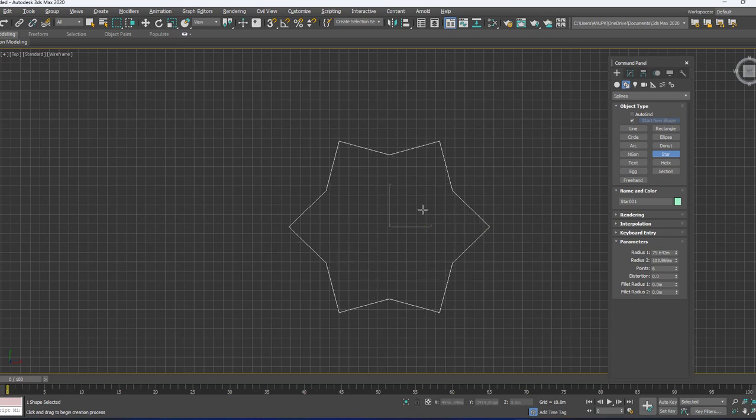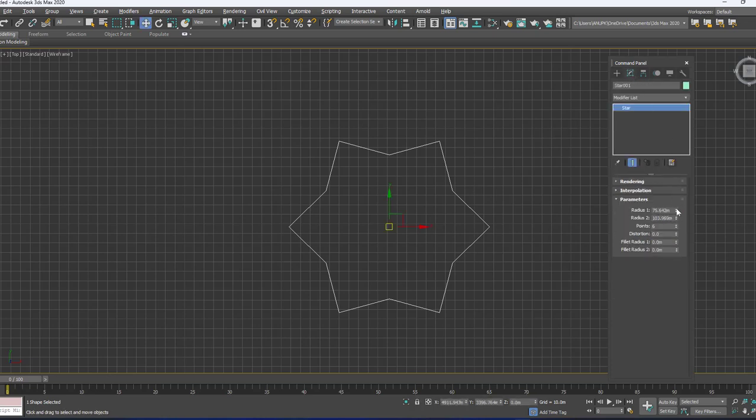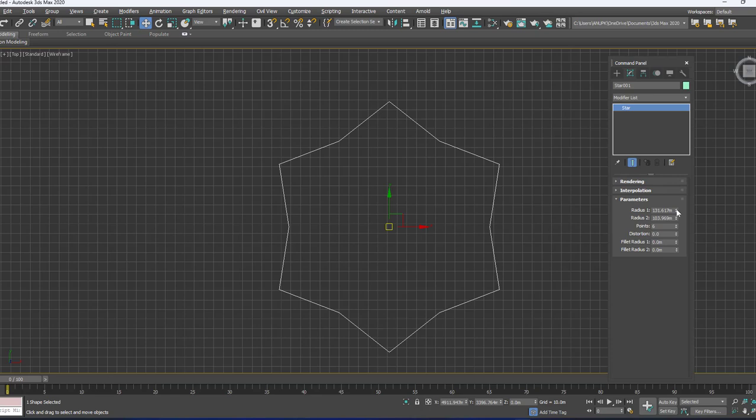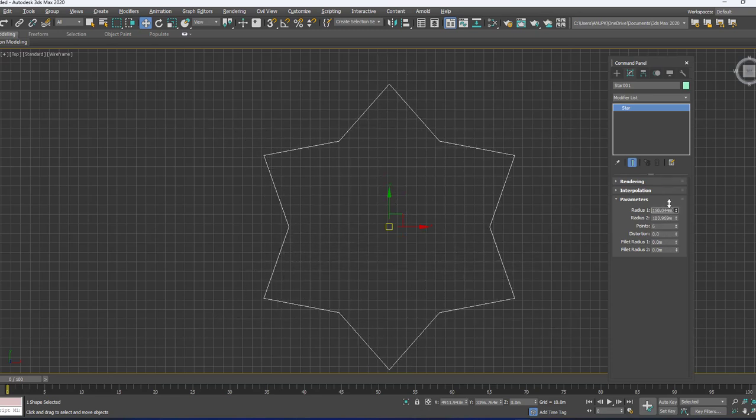You can create the 3D murals or wall frames like this, and then radius 1, depending on requirement or your idea, your creation, you can do it.